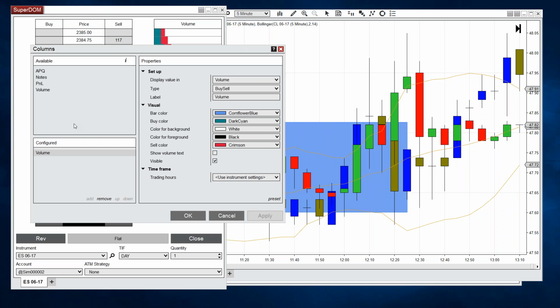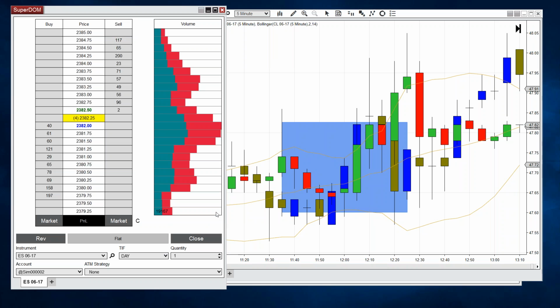I should add, much like we provide the ability for customers or developers to build custom indicators for your chart, you also have the ability to build custom Superdome columns. I don't know what you might build, but we developed NinjaTrader 8 in a way that would provide the most flexibility for people who might have very creative imaginations and build something very interesting to visualize alongside your dome. Okay.